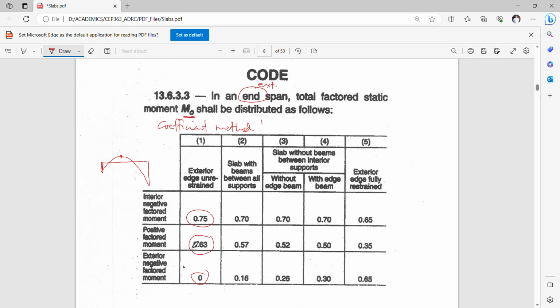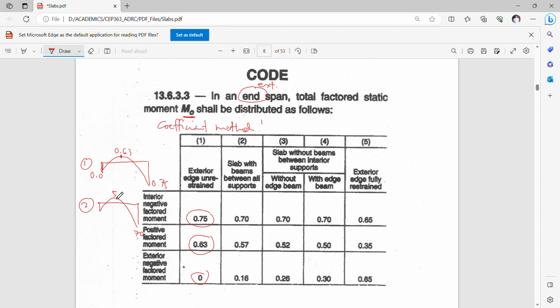Okay, so if I will draw now, this is 0.75, this is 0 rather, and this is 0.63. So this is for your case 1 scenario. Okay, so for your case 2 scenario, this is 70, 57, 16. So you just put here 70, 57, 16. Okay, so if this is my diagram, so this is just 70,